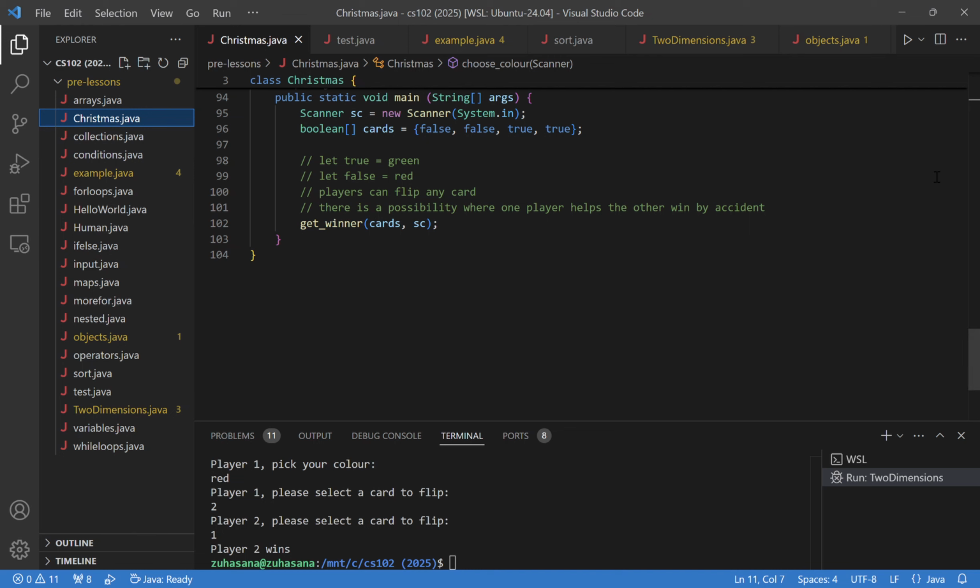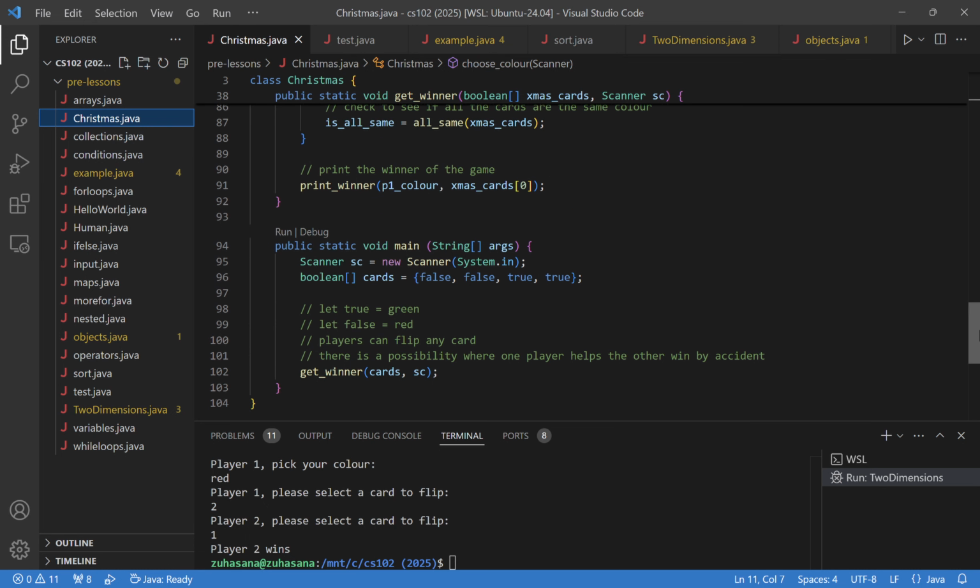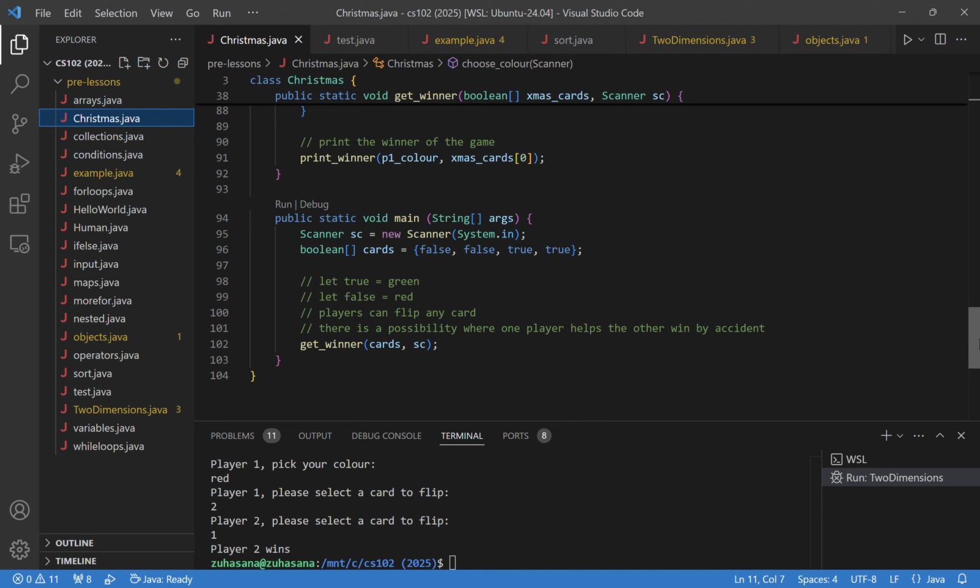Hi guys, so let me just briefly explain as I run through VS Code with you. Initially all of these are false. They're set to false, false, true, true respectively. So if I run the code right now, okay,